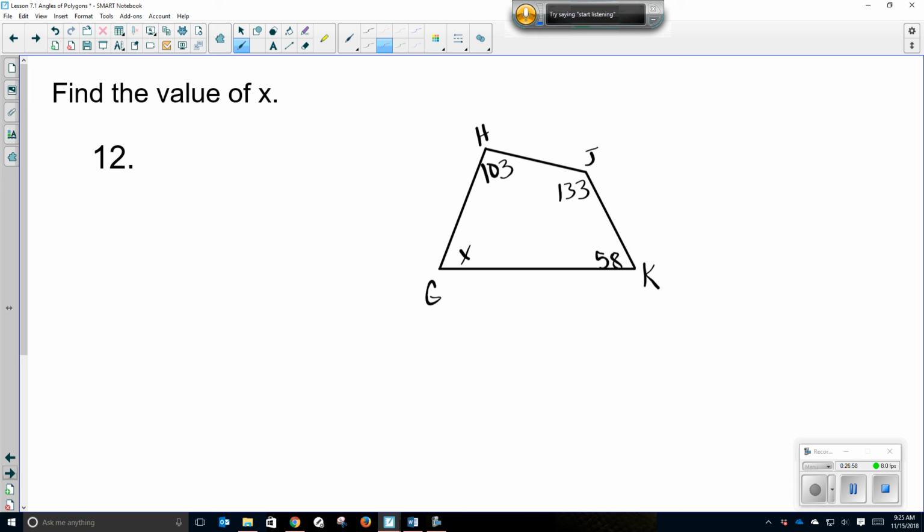The sum of the interior angles of a quadrilateral is 360 degrees. So similar to all that work we've been doing with triangles, whenever we try to find the missing angle of a triangle, we subtract the two angles from 180, or we add them up and set them equal to 180. Do the same thing here, except instead of 180, it's 360. So we know that x plus 103 plus 133 plus 58 is equal to 360. So x plus